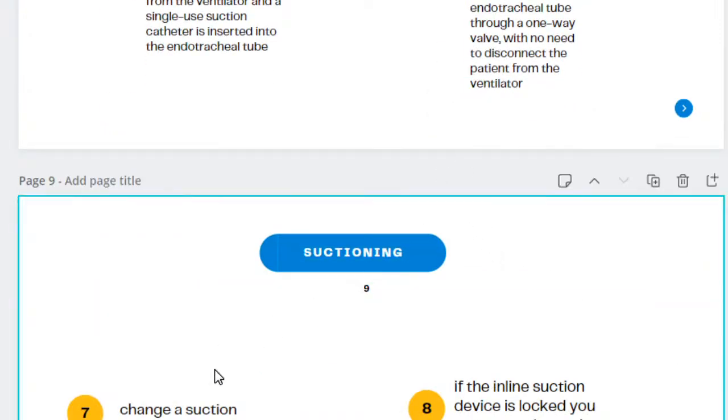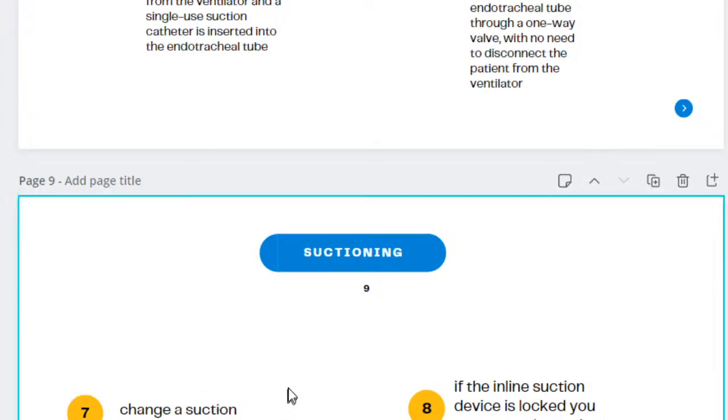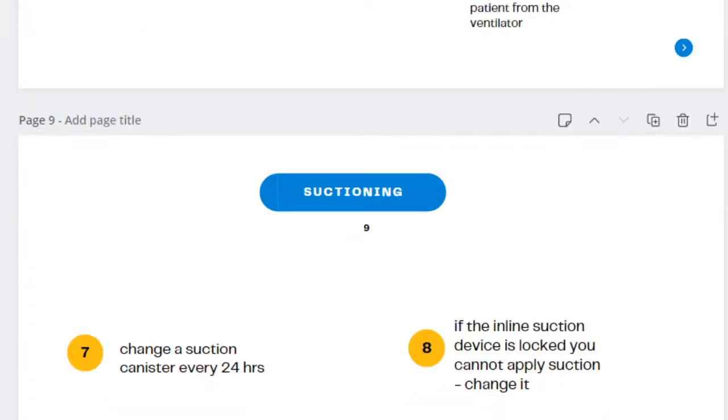I'm going to show you a picture. Also, it's very important to change the suction canister every 24 hours as needed. Every 24 hours if it needs to be changed. Okay,